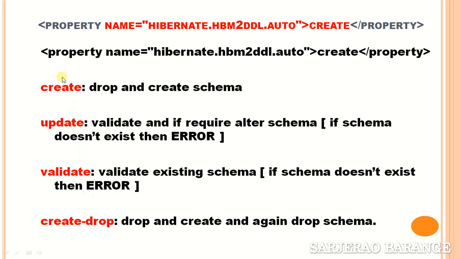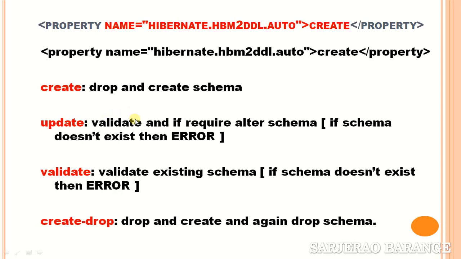So when you give create, what is the meaning of this? If you write hbm2ddl.auto create, it means Hibernate will first execute the drop queries, means the existing schema, or I should say tables, will be dropped, and then new tables will be created that are given by you in your Hibernate application. When it comes to the next value, that is update, in the update what happens,